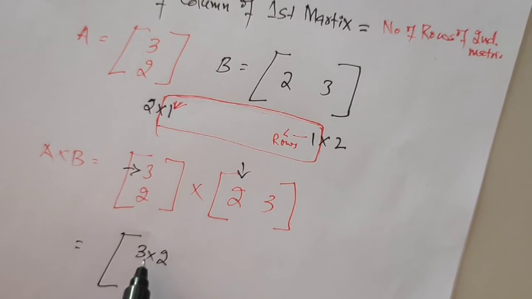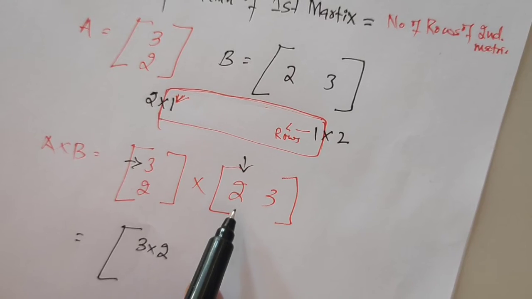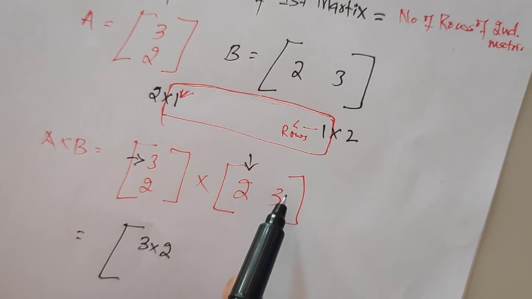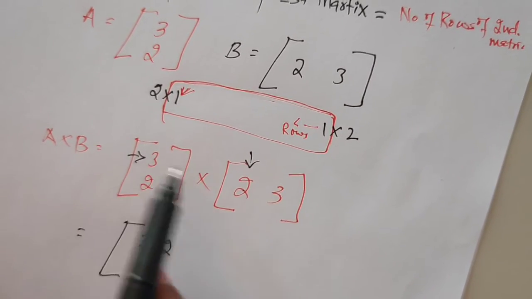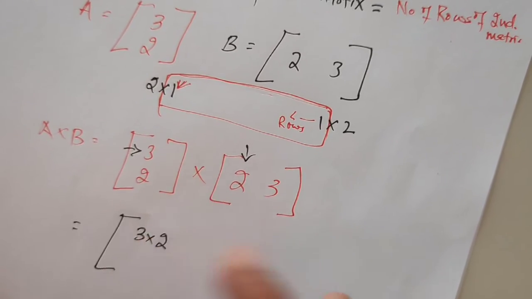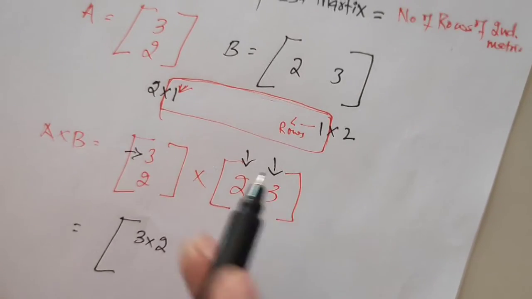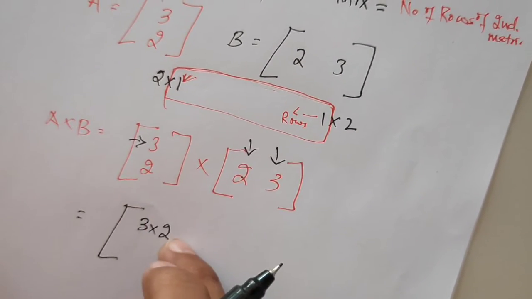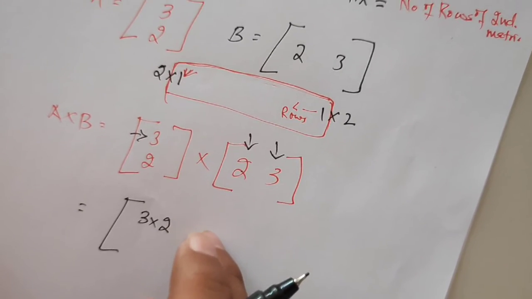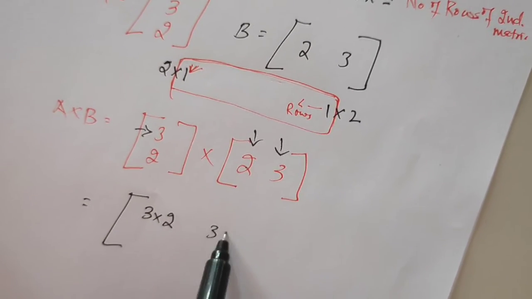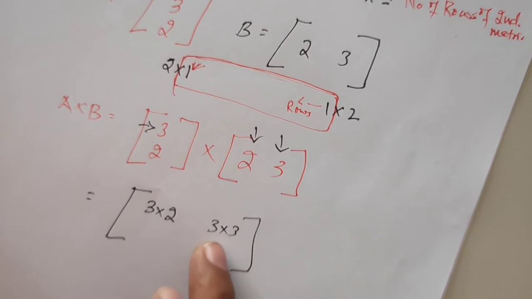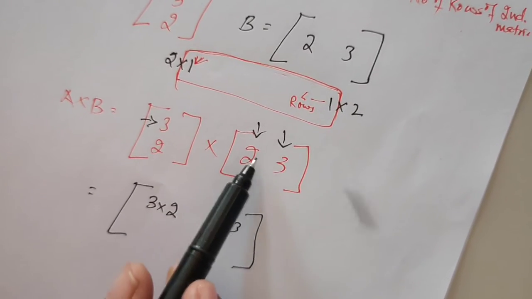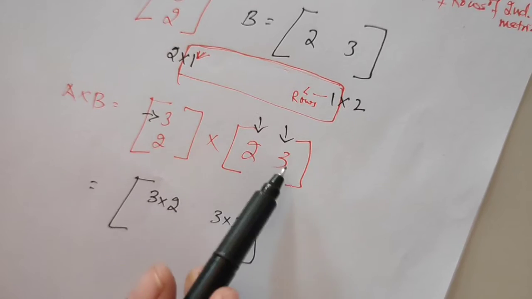So the first row is completed, multiplied with the first column of the second matrix. Now this first row will multiply with the second column of the second matrix, because all rows will multiply with the columns of the second matrix. So here is the first row, second column, and it is now 3 multiplied by 3. The row is the same and the column is changed, so we write a new column, the second column. So this first row is multiplied with the second column. Here it is finished.